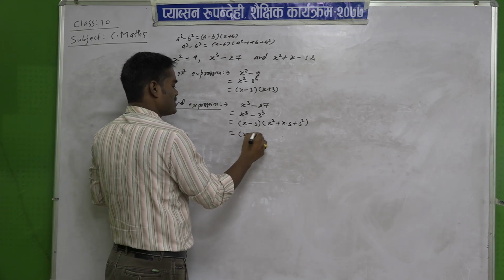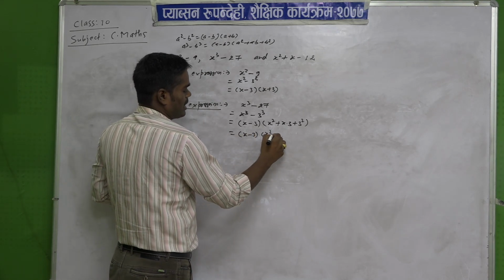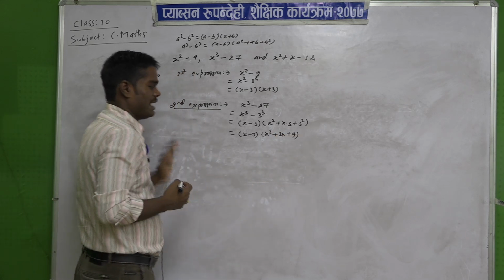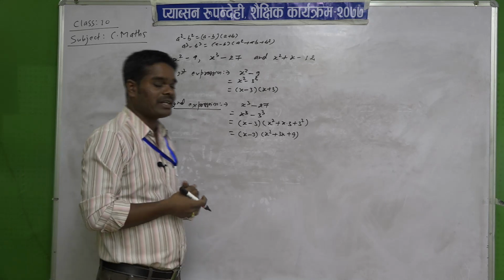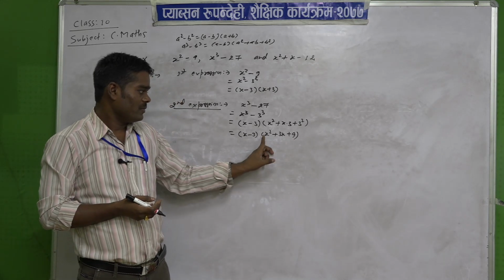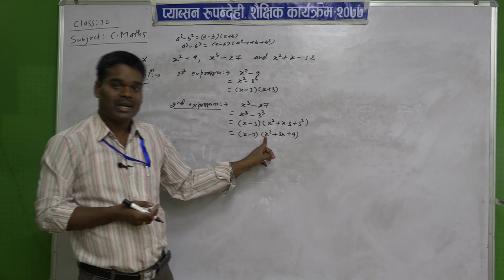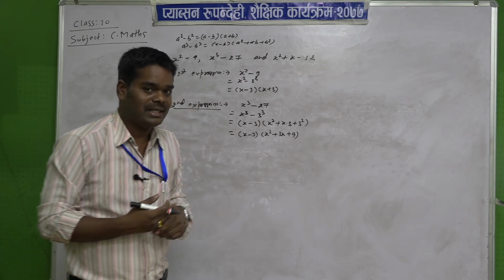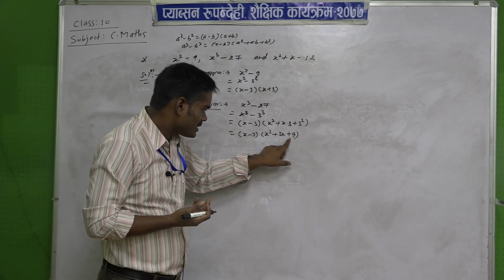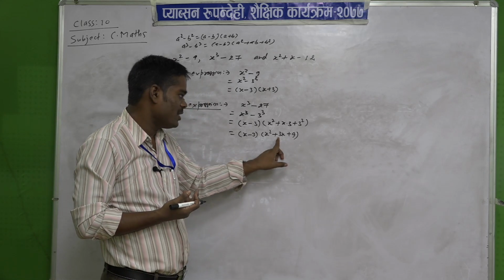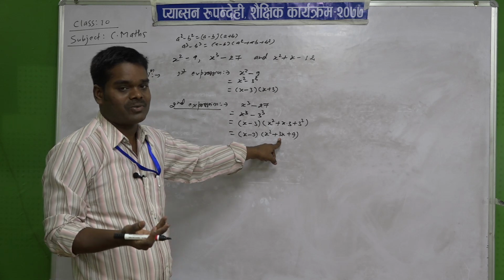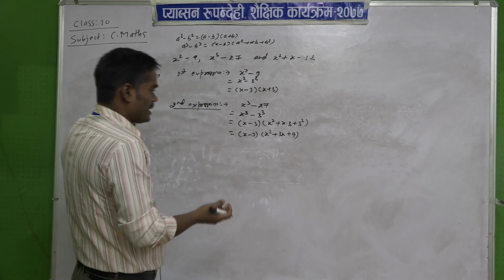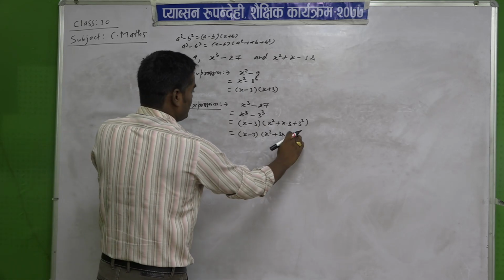Now, simplify: x minus 3, x square plus 3x plus square of 3, which is 9. So, once again see whether it can be factorized or not. So, 9 times 1 is 9, the coefficient of x square is 1. So, 9 times 1 is 9, and the factors of 9 are 9 and 1, 3 and 3. The sign of the last term is plus here. So, by adding, how much should we get? 3. So, 9 plus 1 means 10, 3 plus 3 means 6. We cannot get 3. So, it cannot be factorized further.